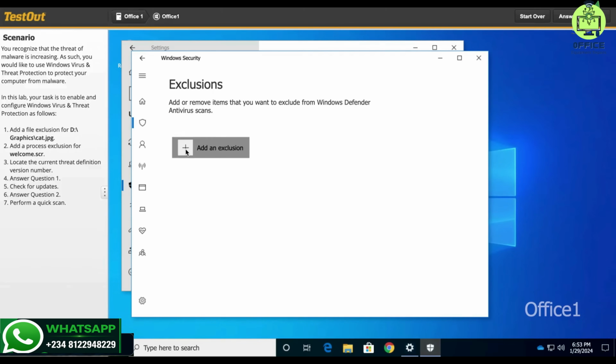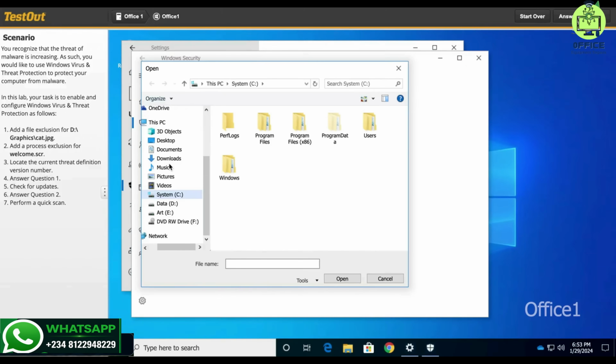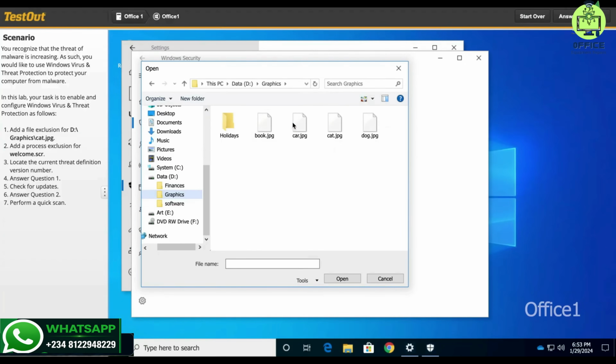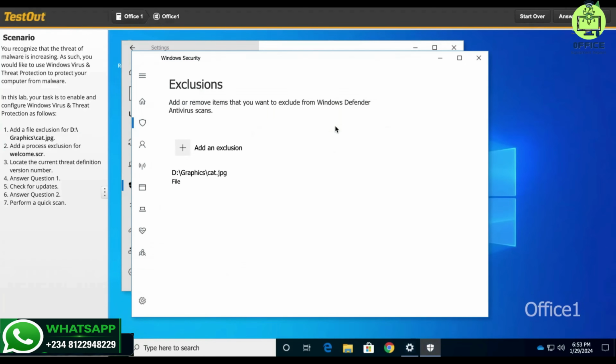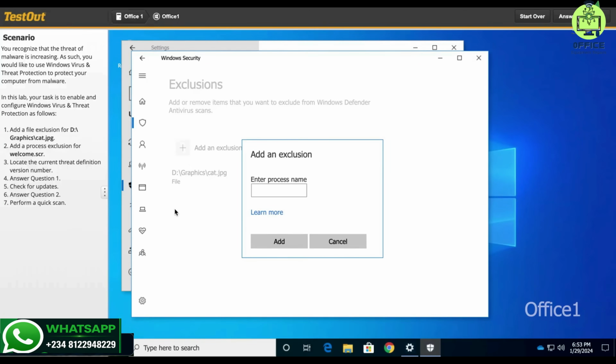So according to the tags, we have certain files we want to exclude. So click on this and exclude file. And then under the file, we want to go to the D drive because we're going to locate cat.jpg, and that is under the graphics, and we're going to select it, and that has been excluded. We'll go ahead and exclude a process which is